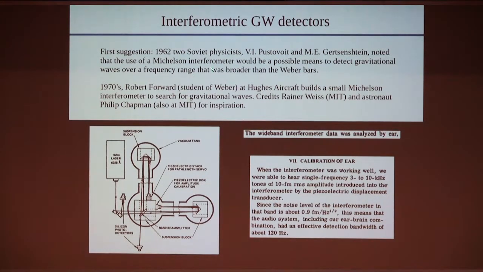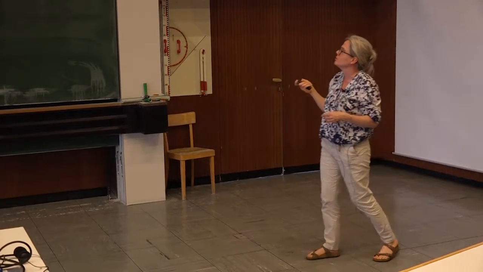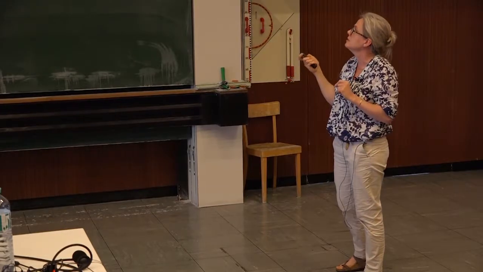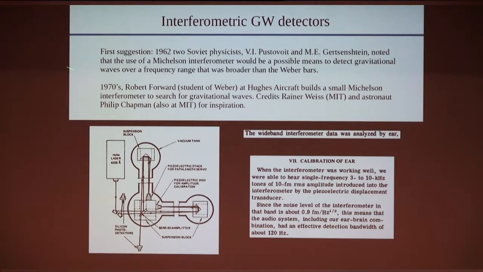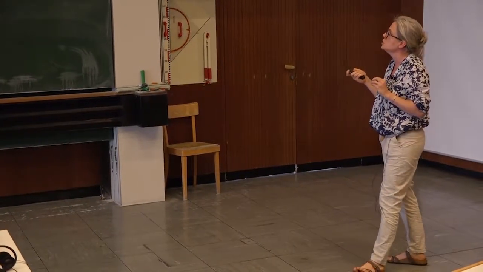And one device which is very adapted for that is the laser interferometer. At that time, the laser was invented. That's another key point in the domain, because without lasers, we could not do such an experiment. You need a very stable source of light in your interferometer to be able to measure accurately a change of distance of the order of 10 to the minus 18 meter. So it's really a challenge.